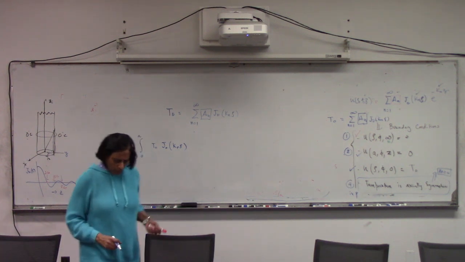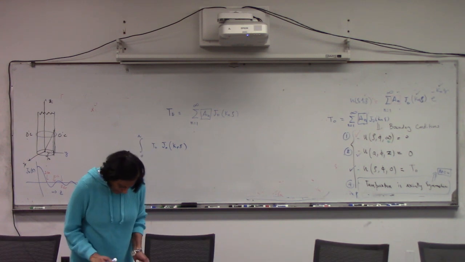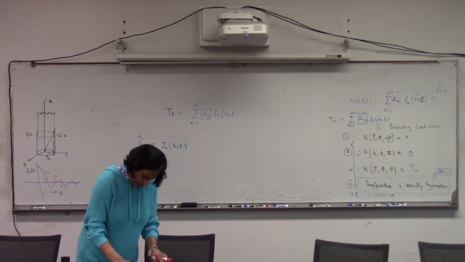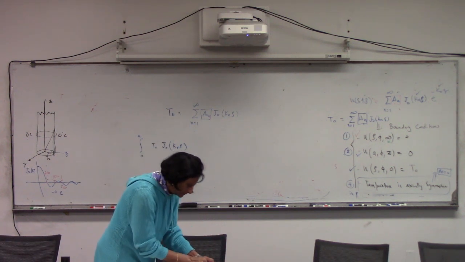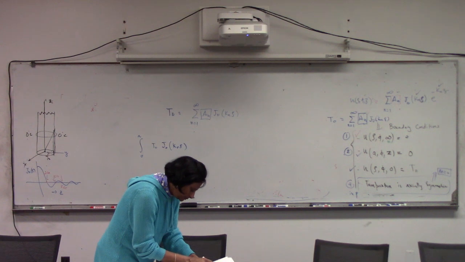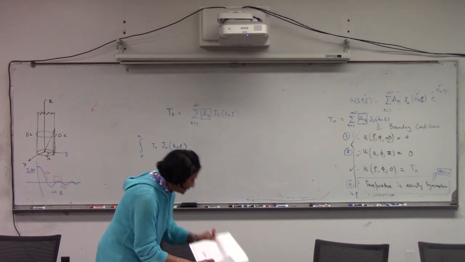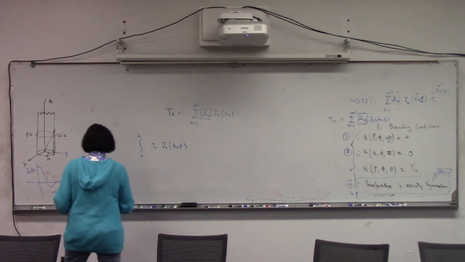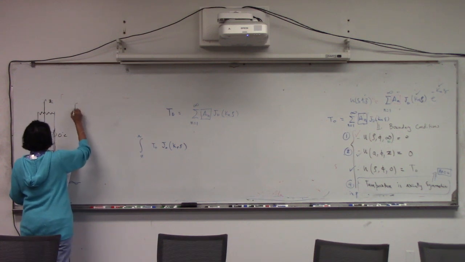I need to maybe do one more trick perhaps. Let me write down the orthonormal property first, then it becomes clear why I have to use that trick. All right, the orthonormal property of the Bessel function is like this. If I have the integral from 0 to a,